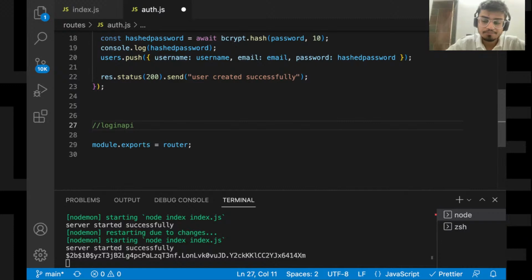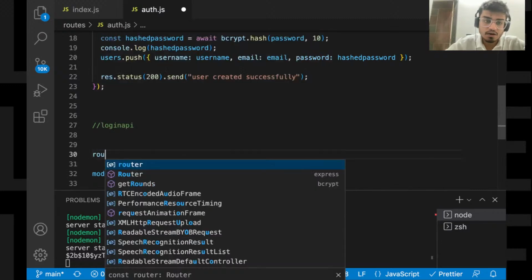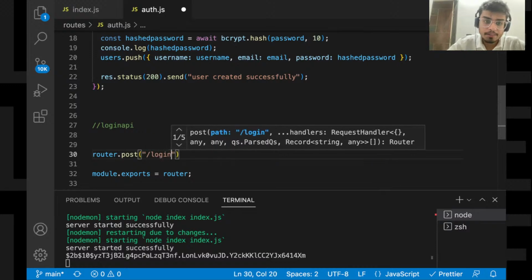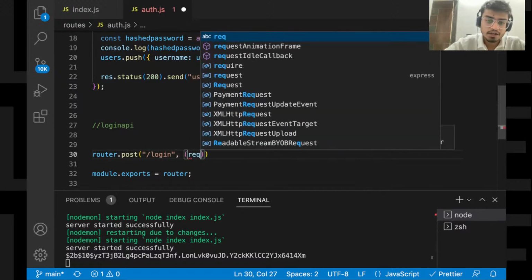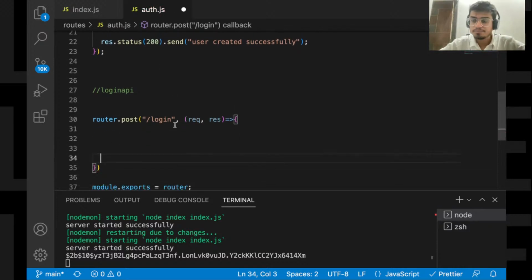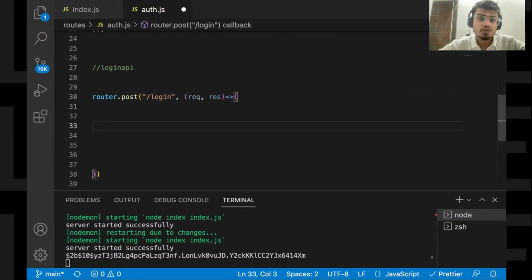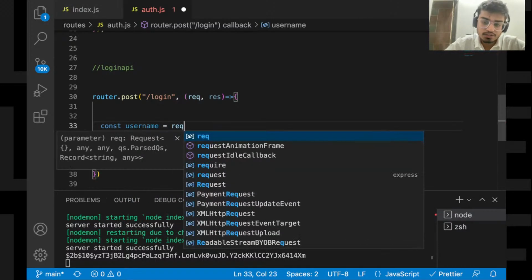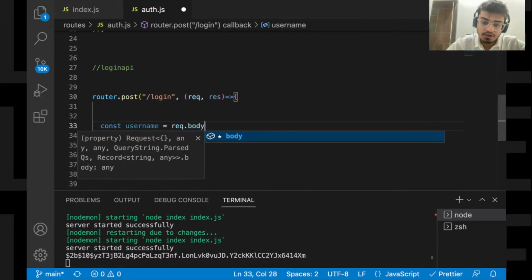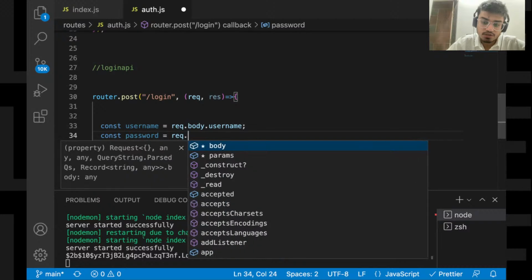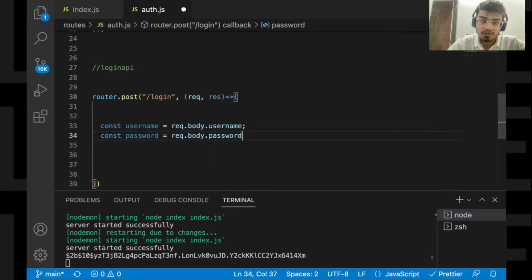So for the login API, that will be again router.post /login. And it will have request and response. So what we need to do, const username is equal to request.body.username. Okay, const password is equal to request.body.password.